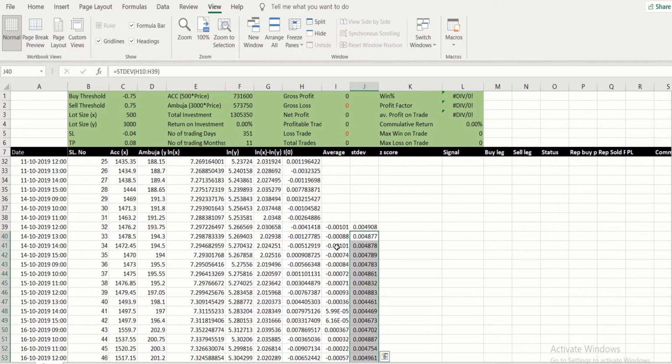Before that, let me discuss some information about Z score. You should know what a Z score is and how it is calculated. Now here, in Z score, we are not going to discuss the mathematics. Especially in this strategy of statistical arbitrage, Z score is used to create threshold levels. Now see here, the spread minus the mean of the spread, and we need to divide it by the standard deviation